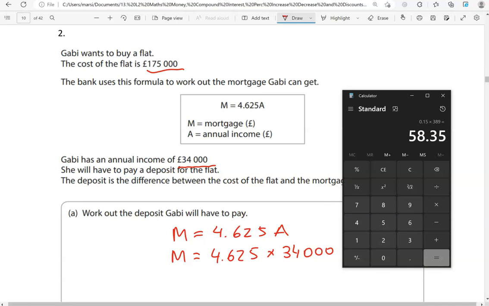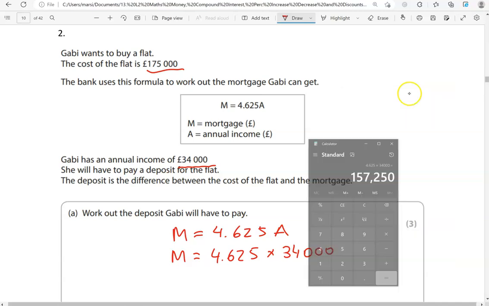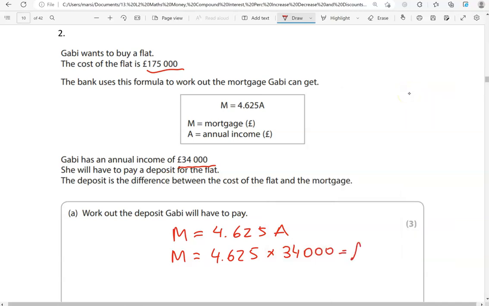So using a calculator, we'll do 4.625 times 34,000, which is 157,250. That is how much mortgage she can get, and the deposit is the difference between the cost of the flat